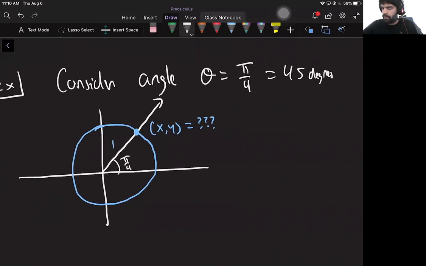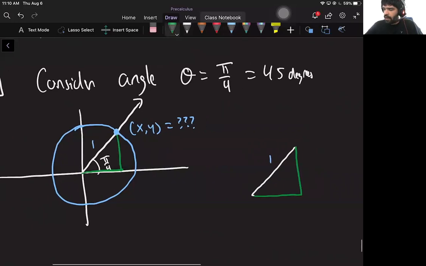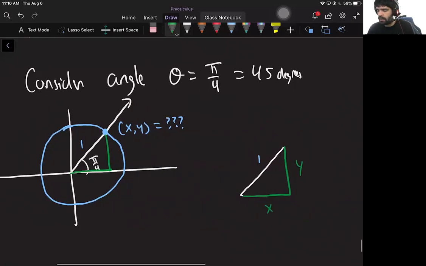How can we figure it out? Well, this one's not so tricky, actually. We can figure it out by using the fact that x squared plus y squared equals 1 and some other little tricks. All right, so we're going to drop the line straight down to create a triangle. And then we'll zoom out over here and look at it some more. So all we know right now is that the xy point on the unit circle is, well, you go over x and you go up y, but we don't actually know what x and y are. But what we do know